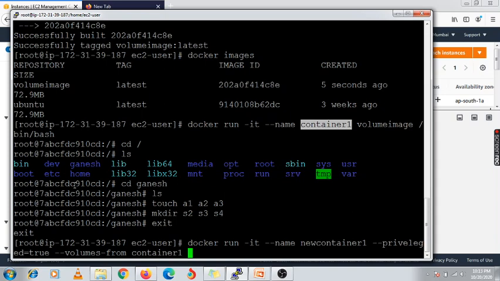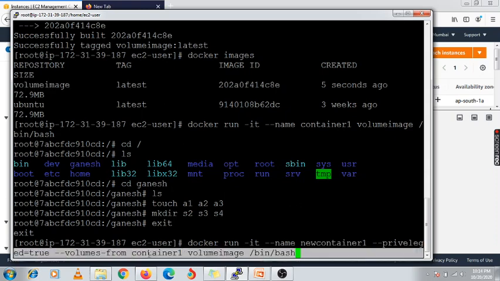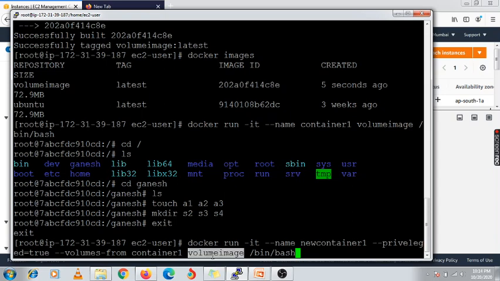And here you need to mention your image, from which image you want to create. This container one was created from this image, my volume image. So you need to mention that volume image, then /bin/bash. So this is the command you need to use. This is my new container name, this is my old container name, and this is the image I am going to use.